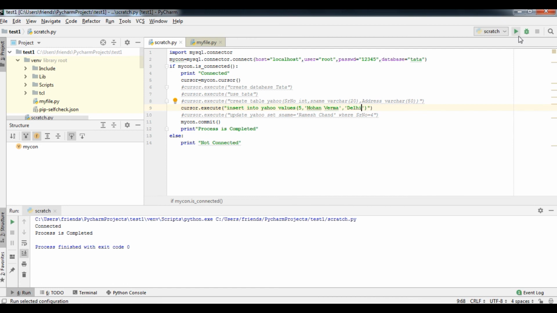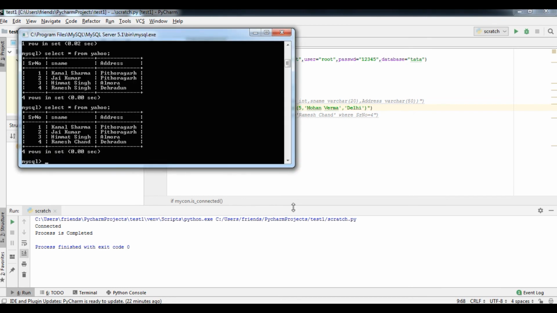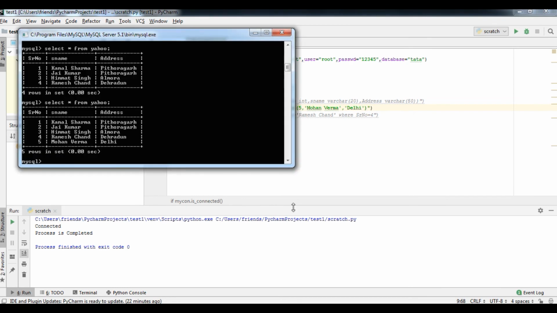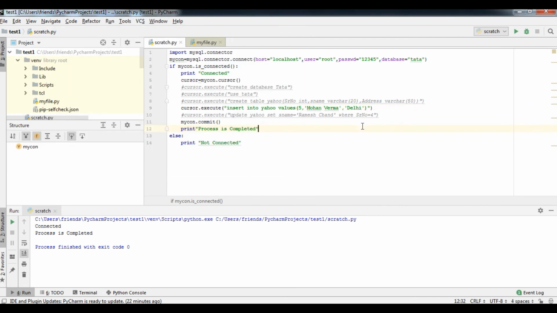Okay, and now I am going to insert this. So you can see connected and process is completed. So now I will see what is my record. So you can see 5 records are here, and now I am going to update again.